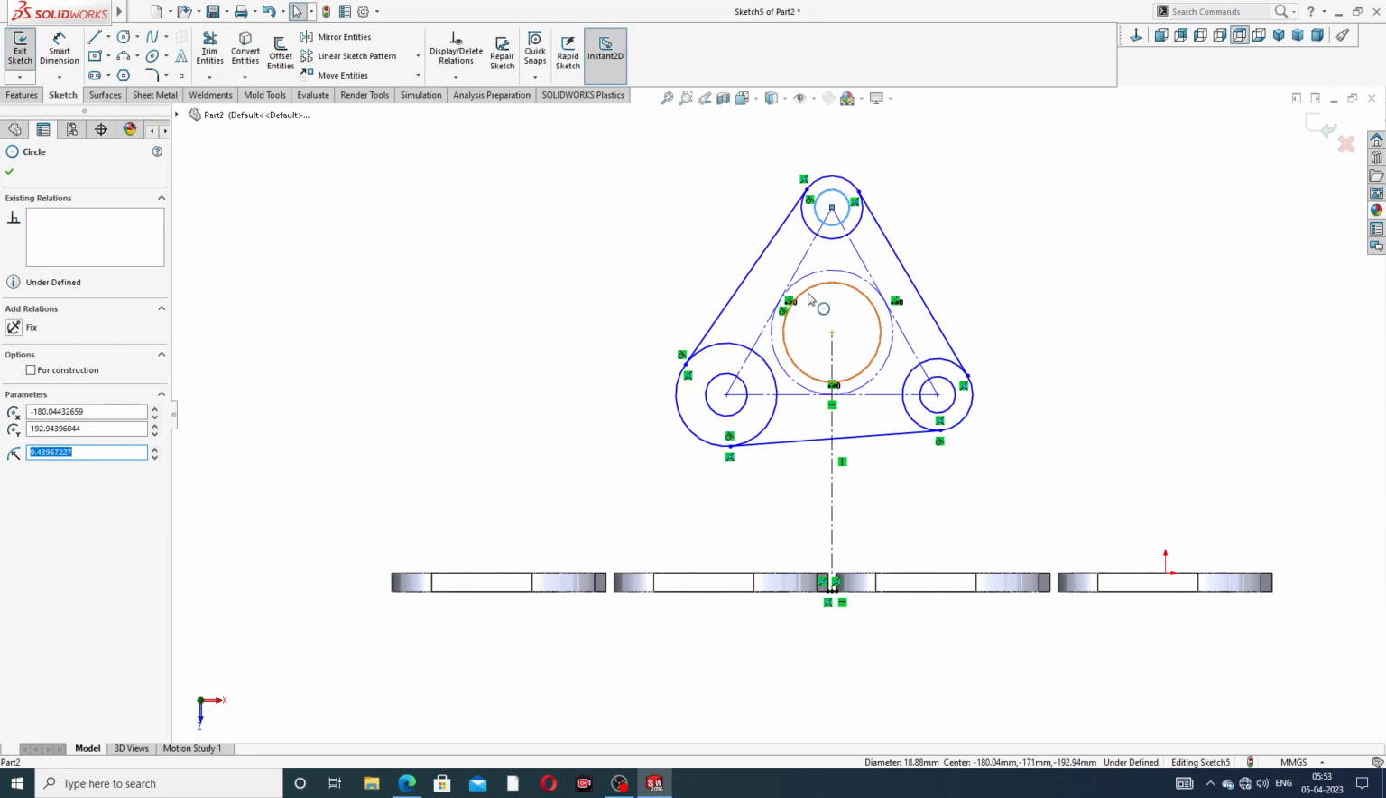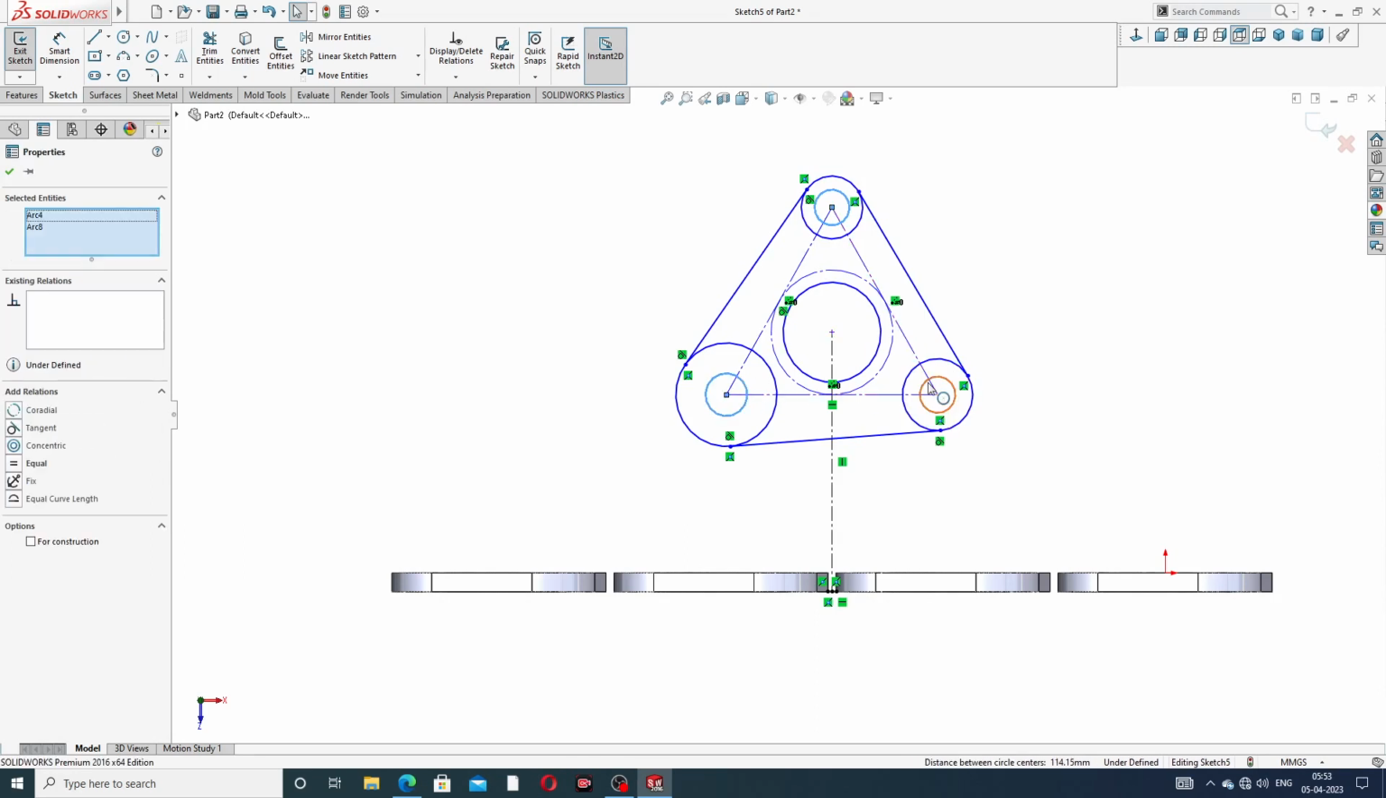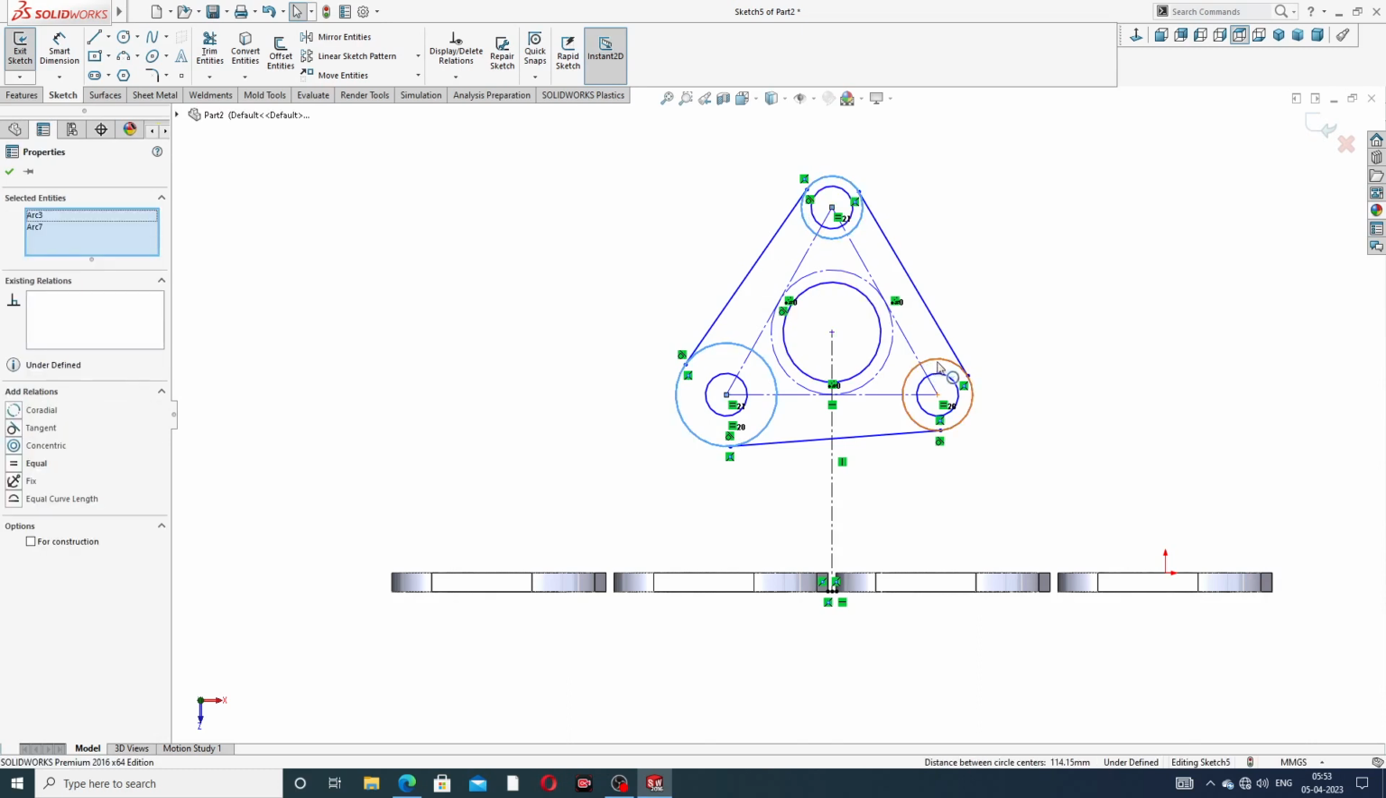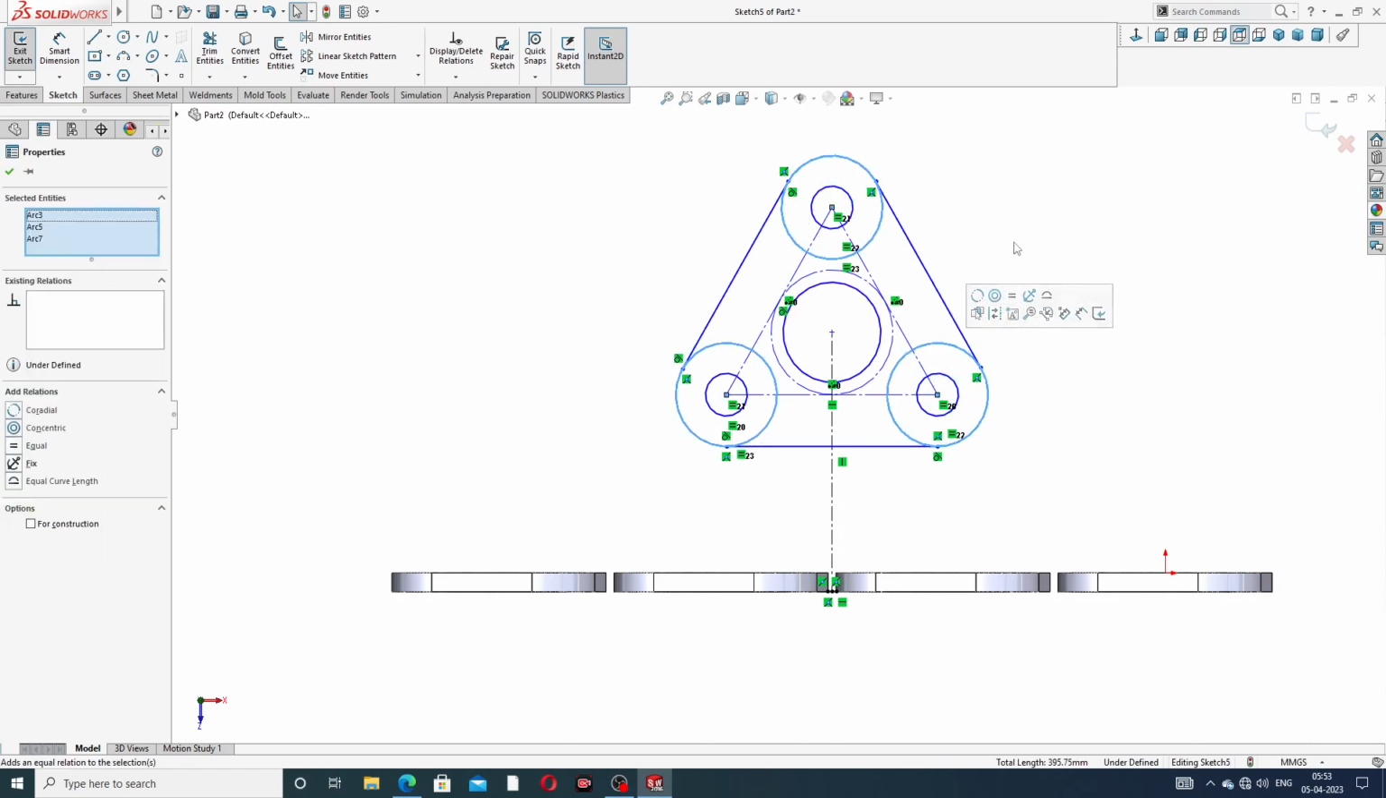all, press the control button and all lines are selected, and click relation equal, and also 3 lines of the big circle. Okay, and select the 3 lines, also equal. Okay,